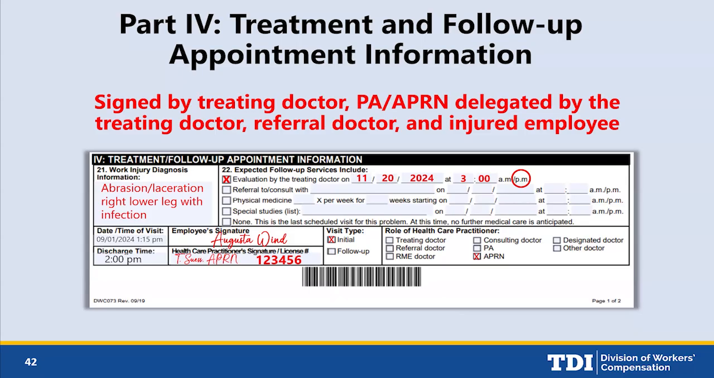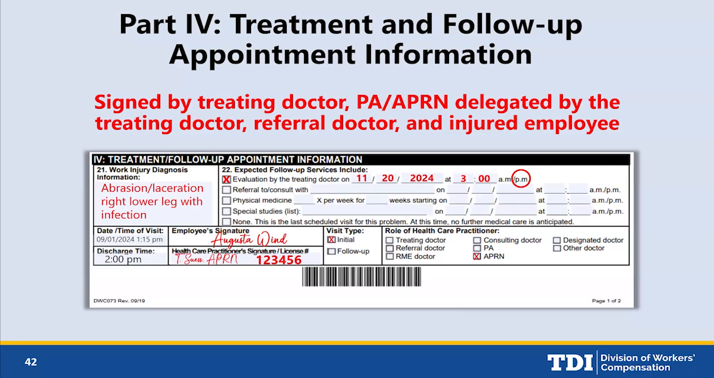You might start getting calls asking for the 69. Are they at MMI? Let us know. That's the report of medical evaluation. And this may be because the carrier is looking for information about, is this the last scheduled visit? So if you use this section, you could send this 73 and then let that carrier know this is the last office visit. So communicate in these fields, let them know what to expect as far as follow-up services for